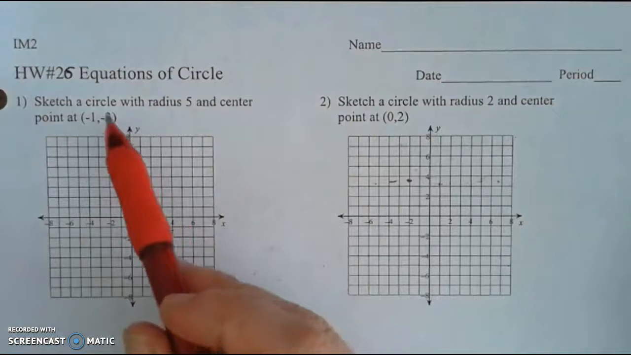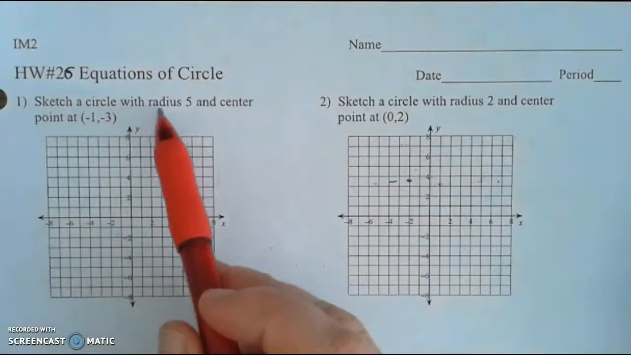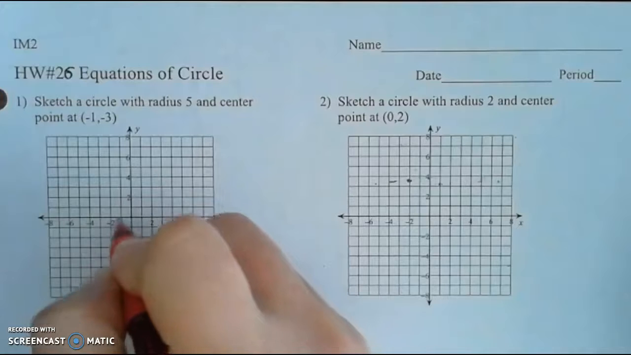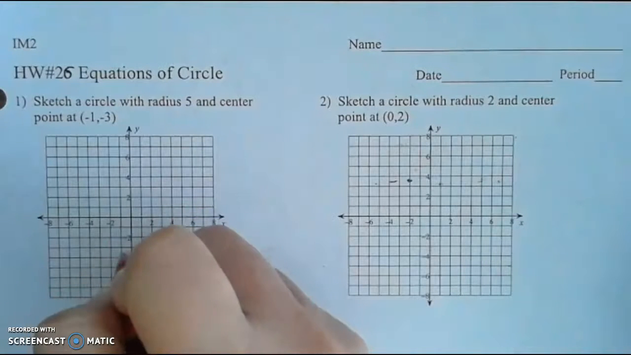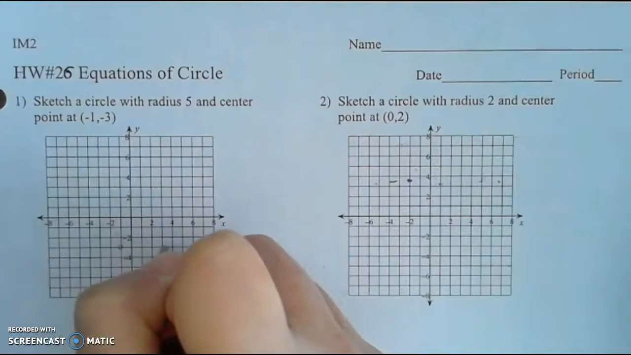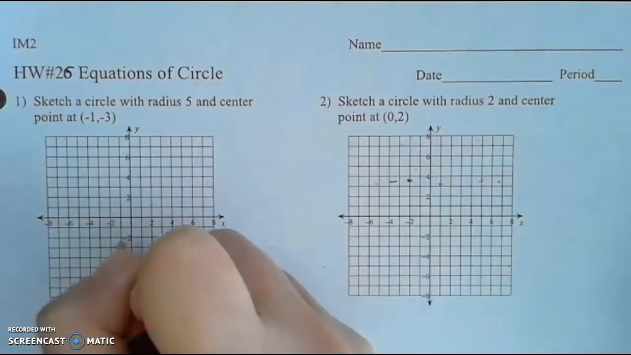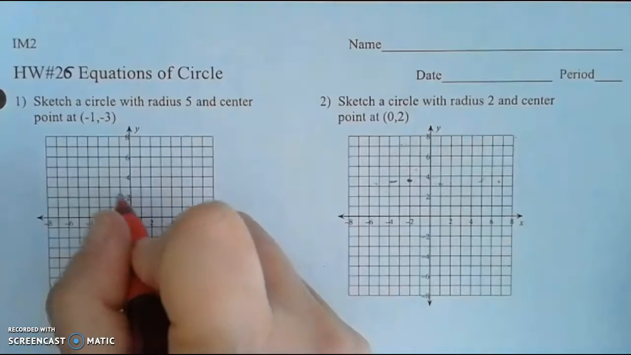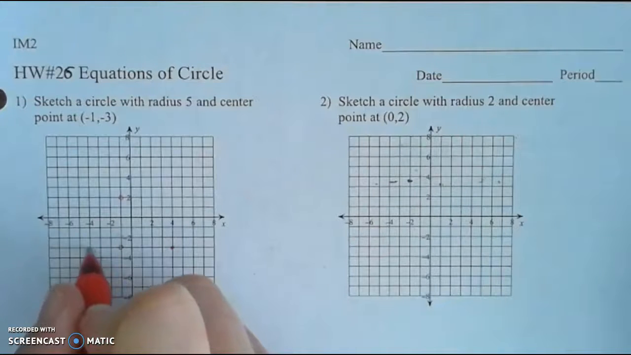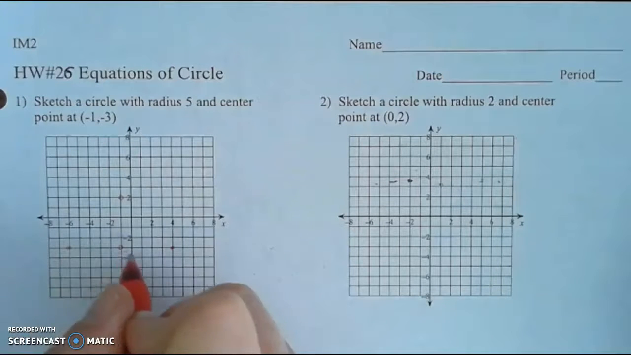So first it asks you to sketch a circle with radius 5 and the center point (-1, -3). So (-1, -3) is right here. I've identified the center and the radius of 5. That means I need to move 5 to the right, which is right here, 5 up, 1, 2, 3, 4, 5 up is here, and 5 to the left, 1, 2, 3, 4, 5 is here, and then 5 down, 1, 2, 3, 4,